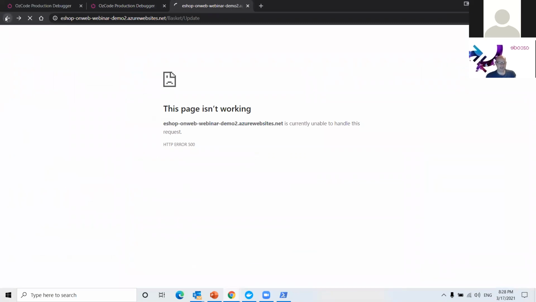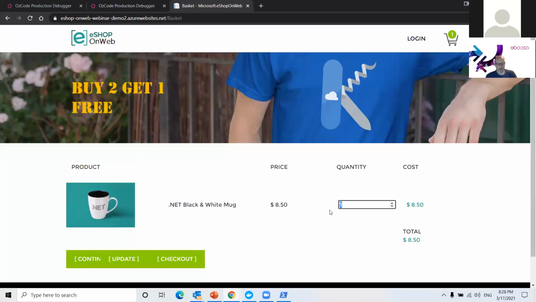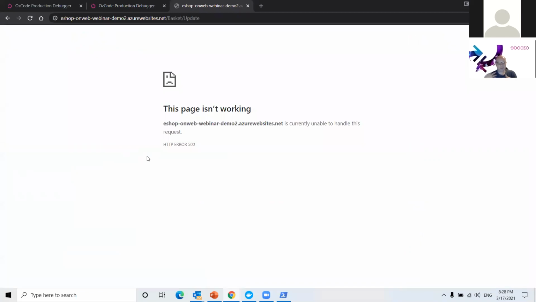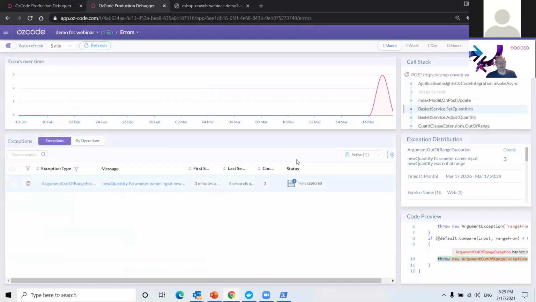And then what happens is that the next time this issue occurs, if we go in here and once again cause the bug to reproduce, OzCode is now recording a full time travel recording of this exception. What that means is that we analyze line by line and essentially give you the same exact experience as if you had magically been able to reproduce it inside Visual Studio and just start stepping through the code. So we see that the exception has turned to become fully captured.